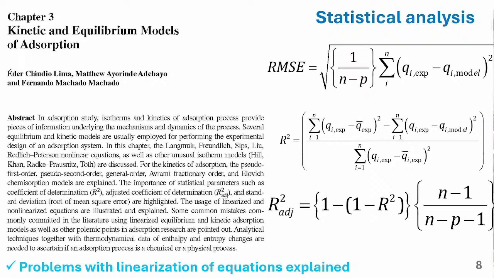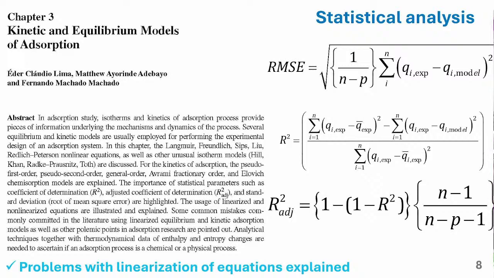Some of the kinetic models we use are listed here: pseudo first order, pseudo second order, general order. The advantage of using general order is that the data will not be constrained to a particular order of reaction. With this model, we calculate the order of reaction. The order of reaction can be fractional or a whole number. That's the essence of using general order. We also have other models like intraparticle diffusion that tell the mechanism of the reaction, as well as